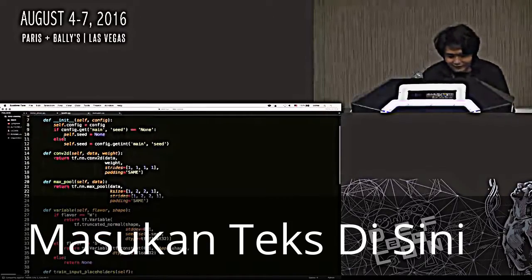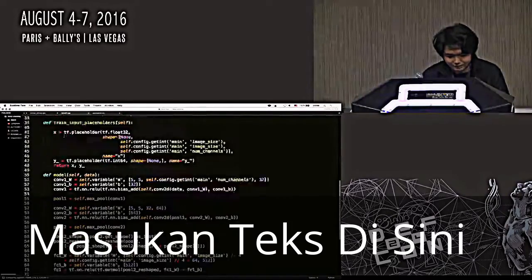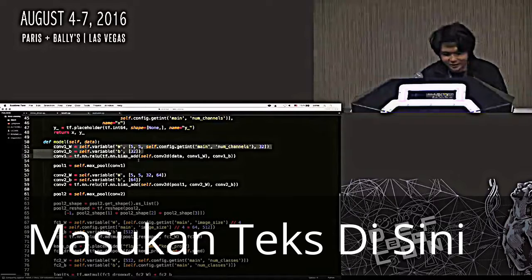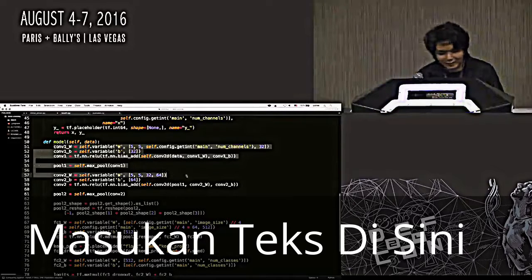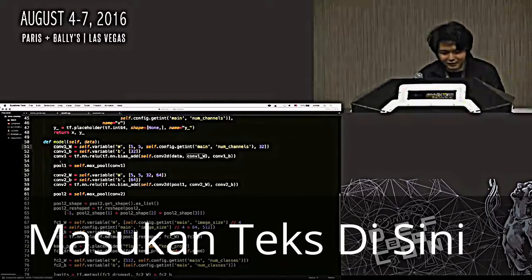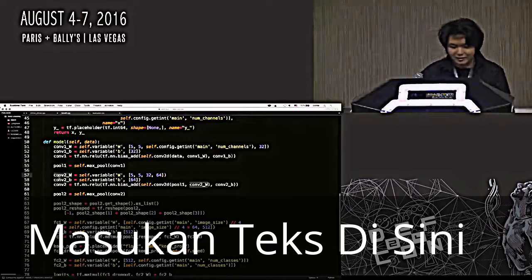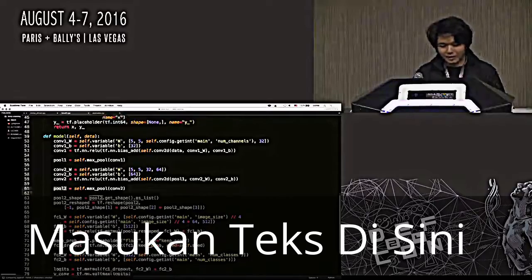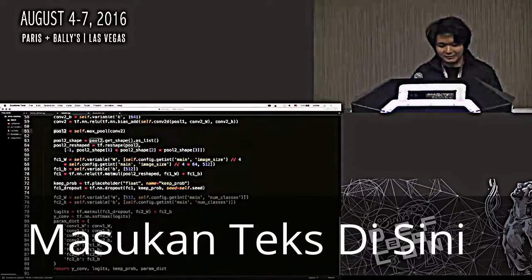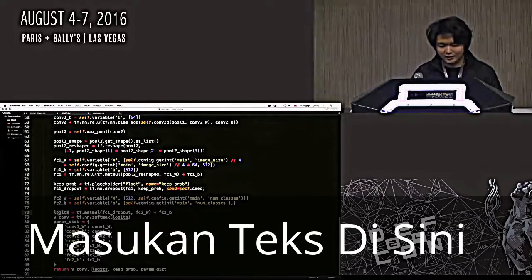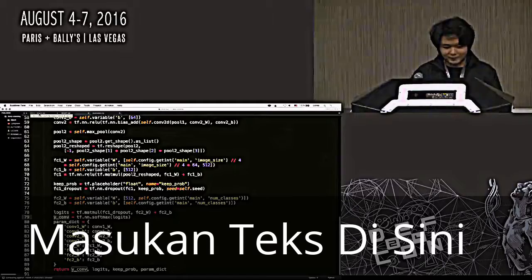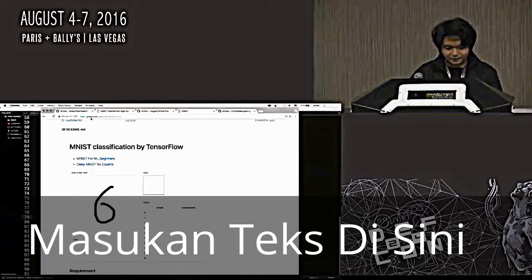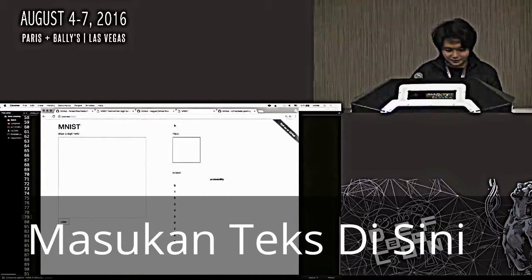And then here is the actual definition of the model. The layers are defined line by line. You have the first convolution layer, then a pooling layer, convolution 2, pool 2. It just goes from top to bottom, and you get from shallow layers to deeper layers as you go down. As you see, the logits and the softmax function create the output of this neural net. So this is a demo of MNIST classification.